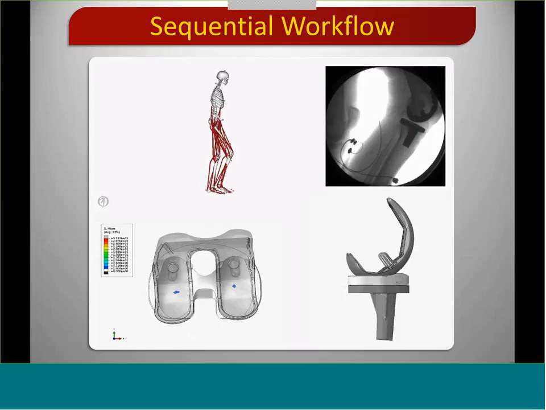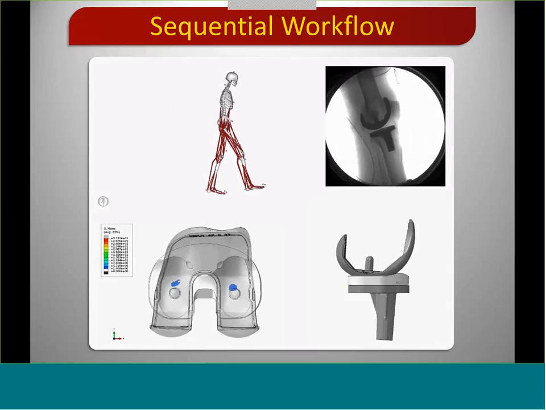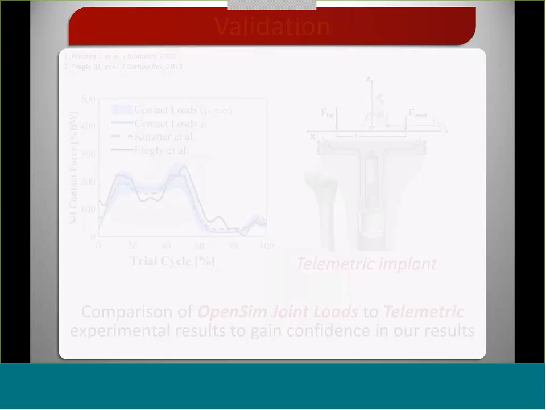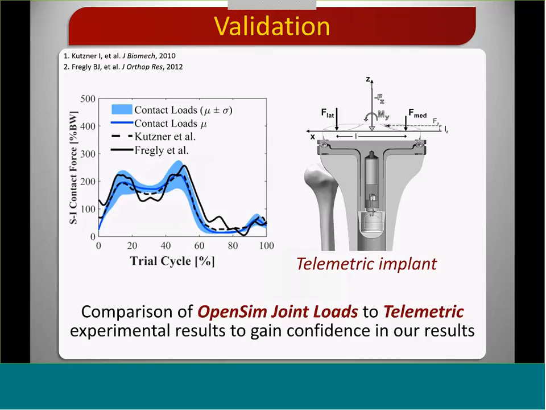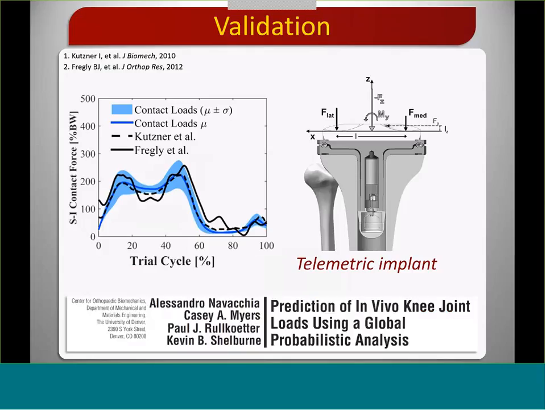And so to gain more confidence in our joint load results from OpenSim, we compare them to experimental data from telemetric implants for the 3 activities. Here we can see in the figure on the left that our results, shown in blue, compare favorably with the experimental data from the literature that are shown in black. And a more complete validation of our musculoskeletal model results can be found in the journal publication